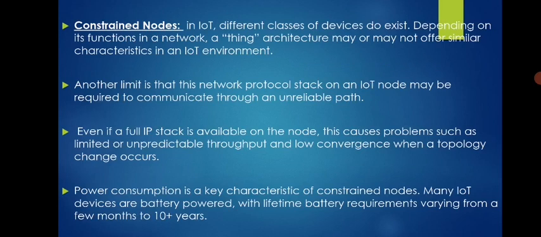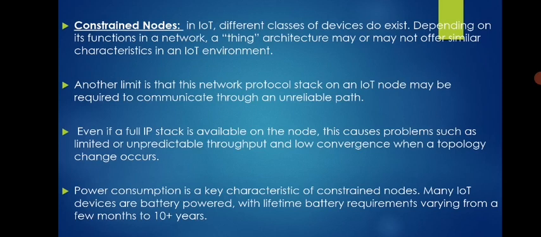Okay, so the first was the constraint node, which is regarding a limitation of the device. Whether these devices are constrained or non-constrained doesn't matter; if they want to communicate, they have to communicate using the network. Now, when they communicate using an unreliable path, the receiving packets